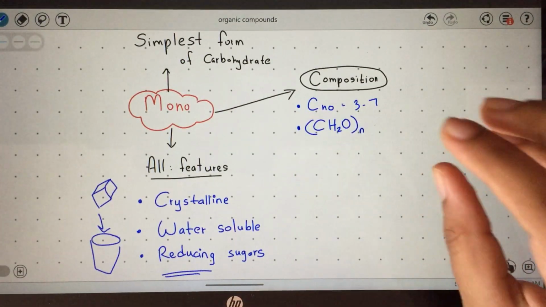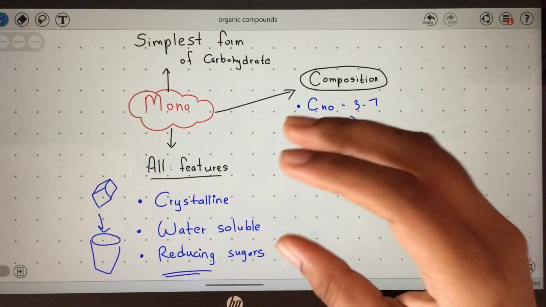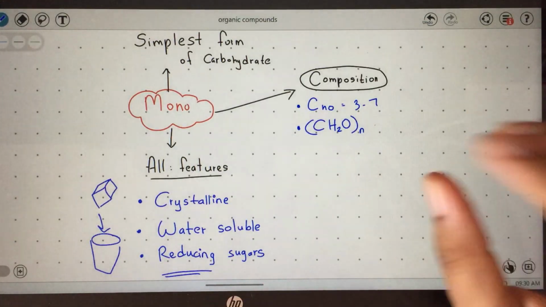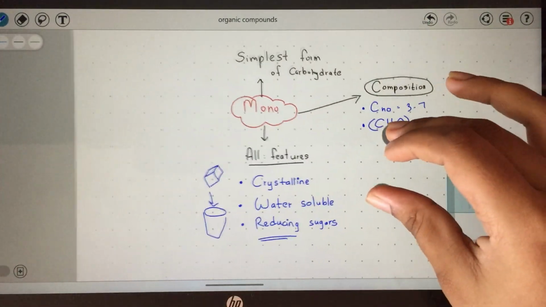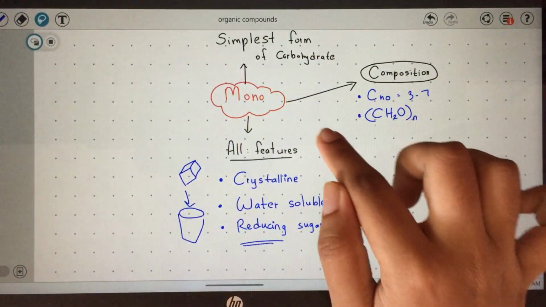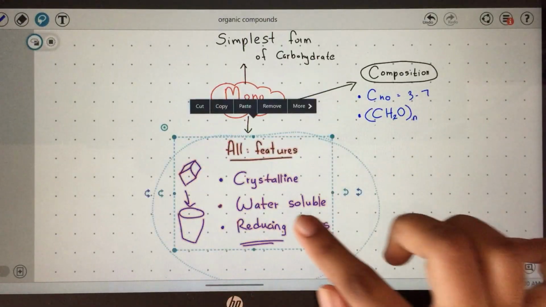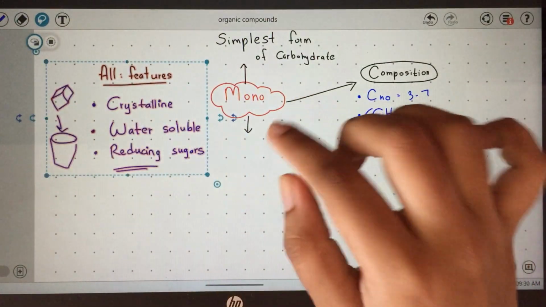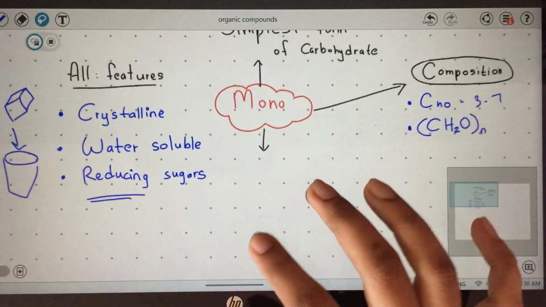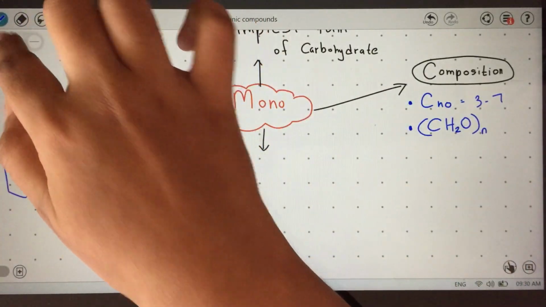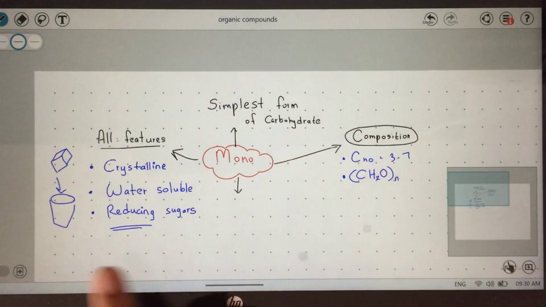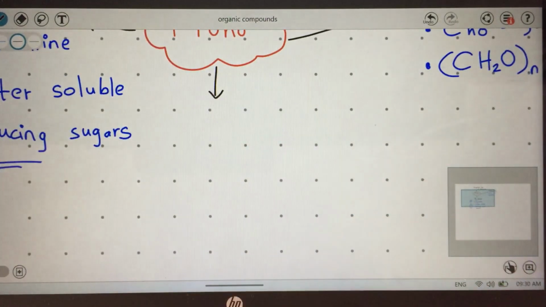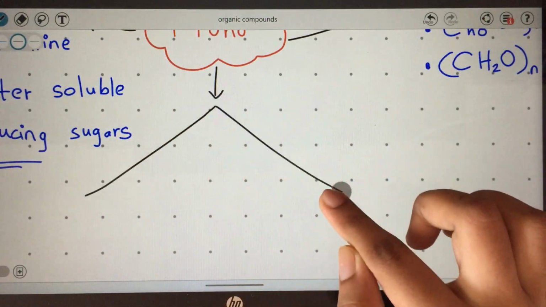Now after this we are going to speak about how you can classify monosaccharides. You're going to classify monosaccharides further. So now I think it's better if we put this part here. Why? For carbohydrates also we classified something down. No, I mean the format. Okay, so features are going to come this side, and here monosaccharides, you're going to classify monosaccharides into two types.